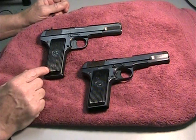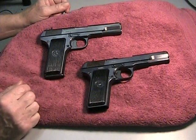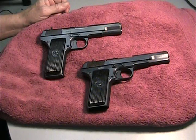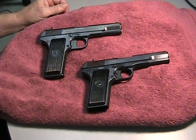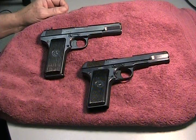These are the Yugo M57s. They both shoot the same round, the Tokarev 7.62 by 25. So when you go out to the range and fire it, particularly if it's around dusk, you get to see an enormous flame that fires out of these things. Plus you better have a pretty good backing because that's a very high velocity round and it will punch through